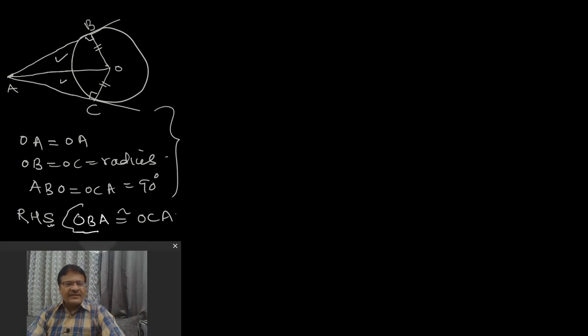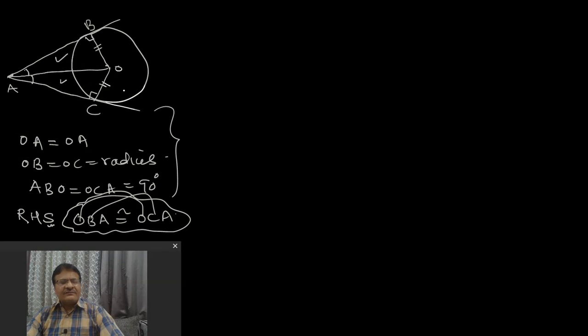The way of writing is again important here. It means the angle subtended at O is the same as at O here. Angle at B is equal to angle at C, that is 90 degrees as we are observing, and at A the angle is the same. So definitely it would be the same. So by the RHS theorem we can prove that if tangents are drawn from any external point, then the lengths of the tangents are equal. Is that clear? There should not be any problem in that.